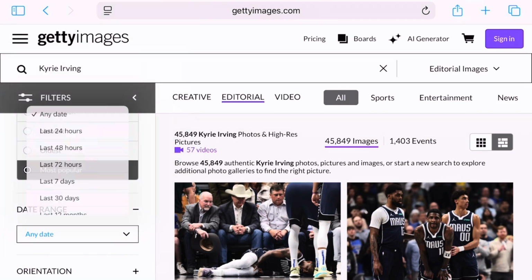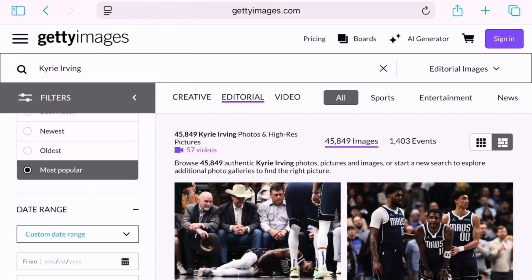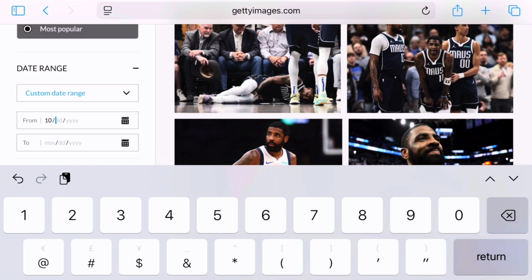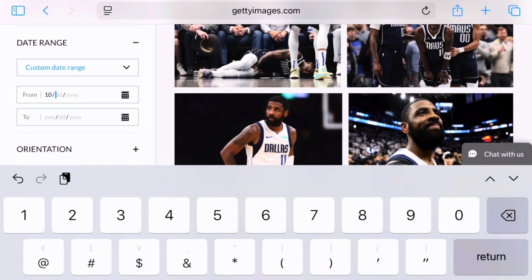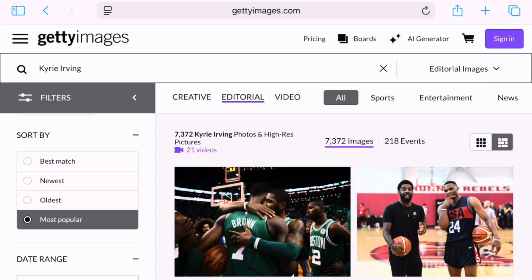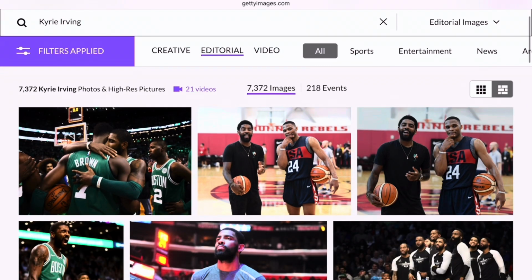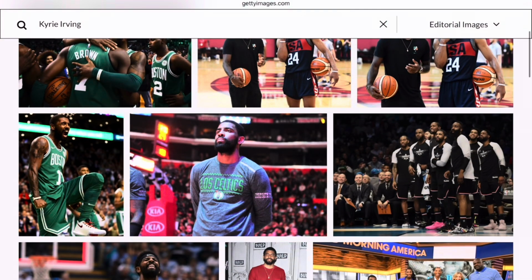So we're going to do the obviously custom date range here, and we're going to look at perhaps October of 2017 up until, let's say, June of 2019, which is a bigger window than I'd like to look at, but it's just a starting point, right? So here we go. We have 7,300 images of Kyrie Irving from this time period, and we're going to scroll